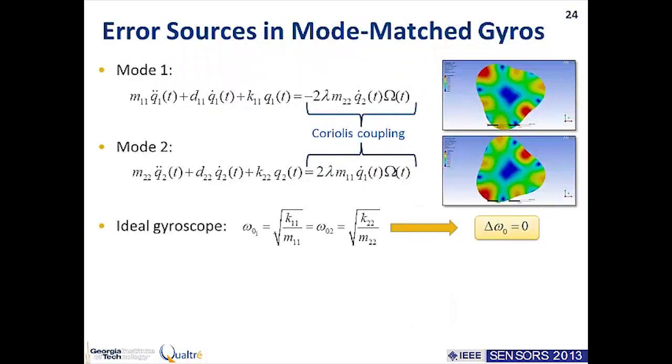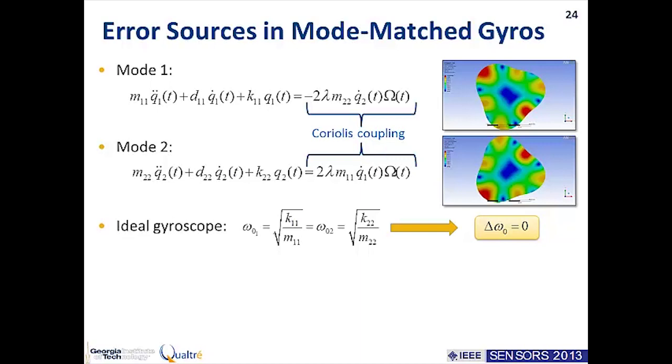So far we have discussed how ideal gyroscopes operate, but obviously in reality there are many sources of error that are going to cause our lives to be a little bit more complicated, and we have to either learn how to live with these errors or learn how to compensate and calibrate them out. So if we take a look back at our dual gyroscope, as we've been saying, we have our drive second order system or sense second order system, and ideally they should be only coupled through the Coriolis effect. So in an ideal gyro,